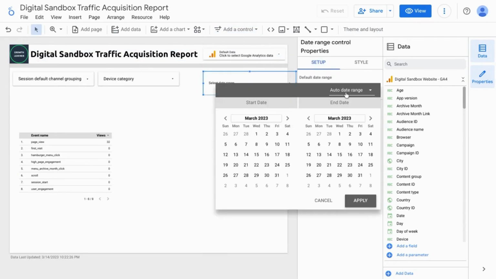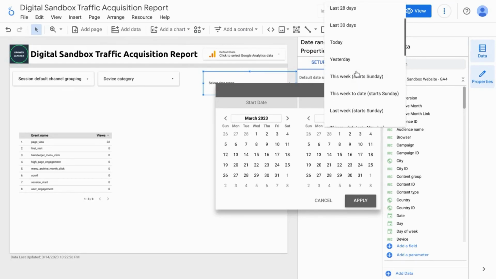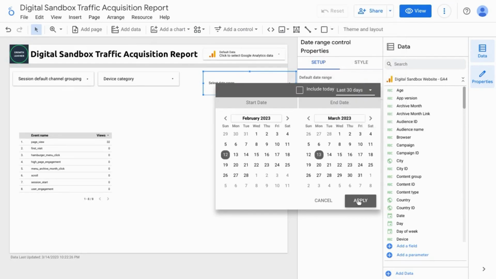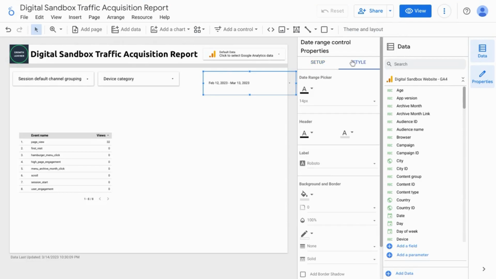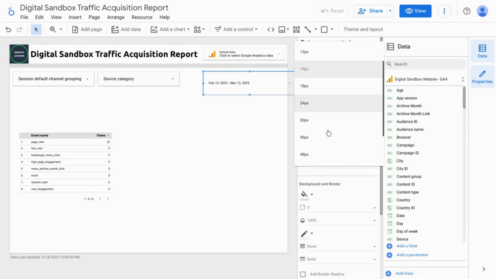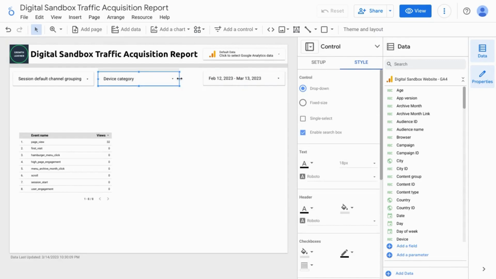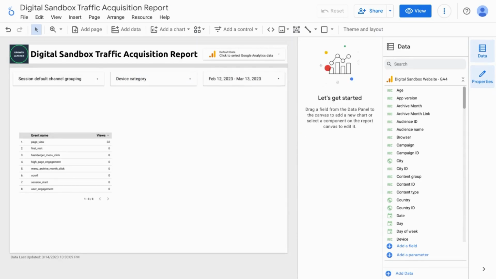So for the default date range, we'll just select the last 30 days, click on Apply, and then change the style to match the other controls. Then we'll just even these up. Some other great elements to add at the top here are scorecards for KPIs, your key performance indicators. That way, as long as you have benchmarks, you or your audience can tell immediately whether your efforts have